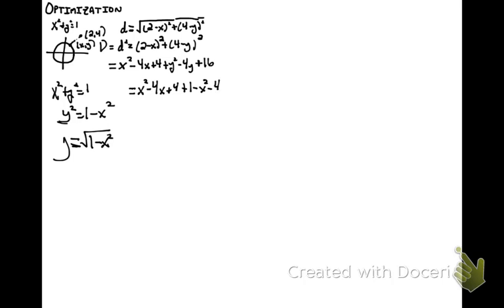We know that y is equal to the square root of 1 minus x squared, plus 16. And if we clean this up, the equation we're working with is equal to negative 4x